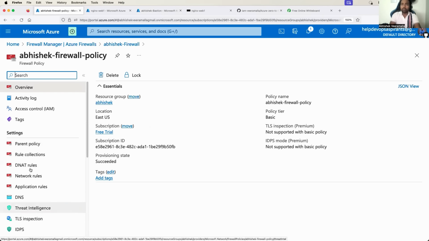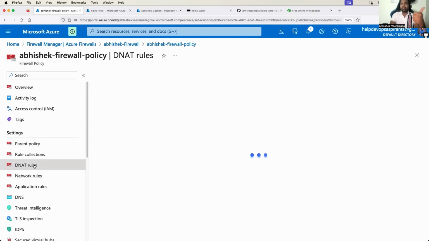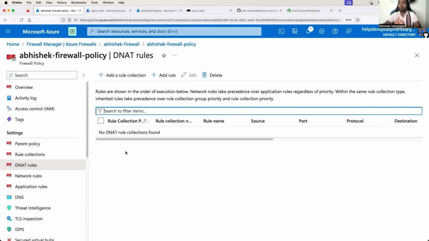And here towards your left, you will find different policies and different rules that you can configure. And what we will use in this class is the DNAT rules, right? That is a network address translation rule. Sorry, network address translation rules. And to do that, click on this button, add